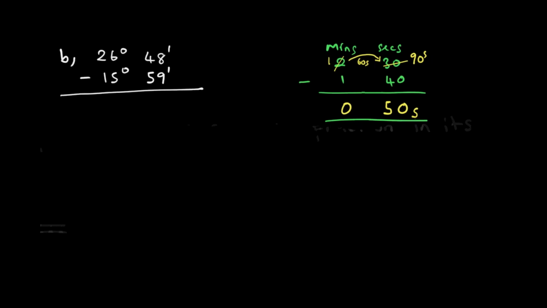What then are we going to do? We predetermine kuti 48 degrees minus 59 cannot be, because 48 degrees idiki pane 59. So what we are going to do is we are going to borrow a degree from 26, that is it becomes 25 degrees here. Then we are going to add that degree yata converted to 60 minutes to 48 minutes. Kureva kuti we are going to have what?